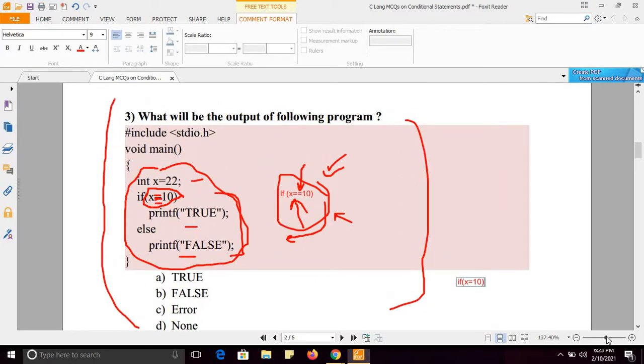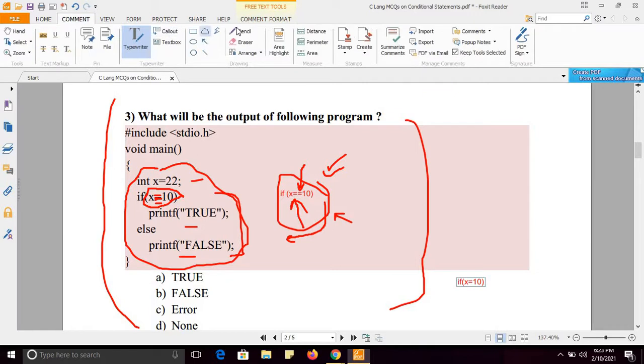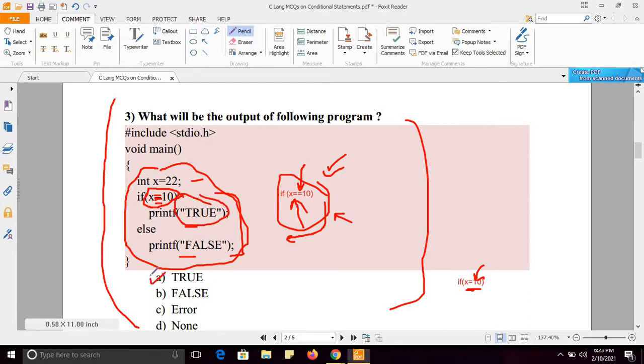It is an assignment operator, so it will assign the value 10 to x, and this statement will be executed. So it will return 1. x equals to 10 is always true. So the if code will be executed and the output will be true. So remember this. The right answer of this question is option A, true.